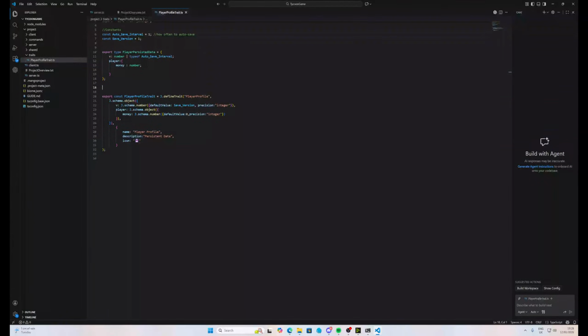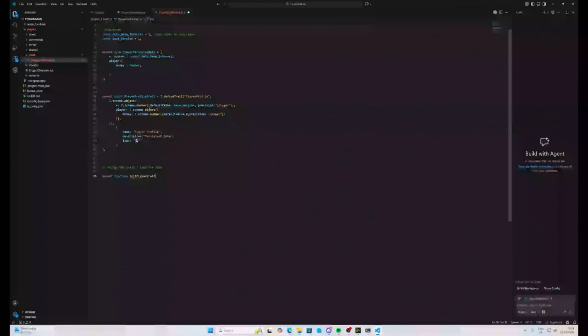Now, let's set up. So, what do we need to do now? So we need to assign the trait, load the data. So I think what we'll want to do is export function, and we'll call this